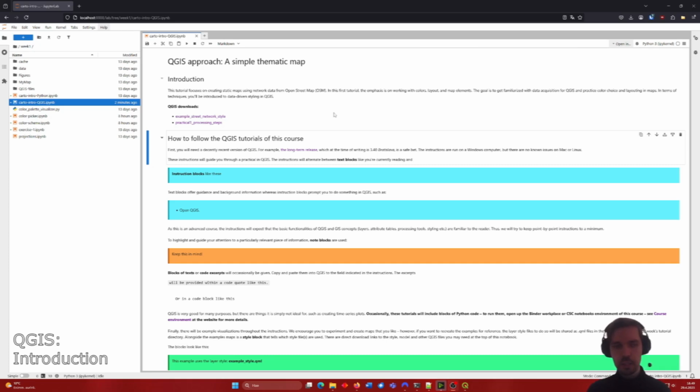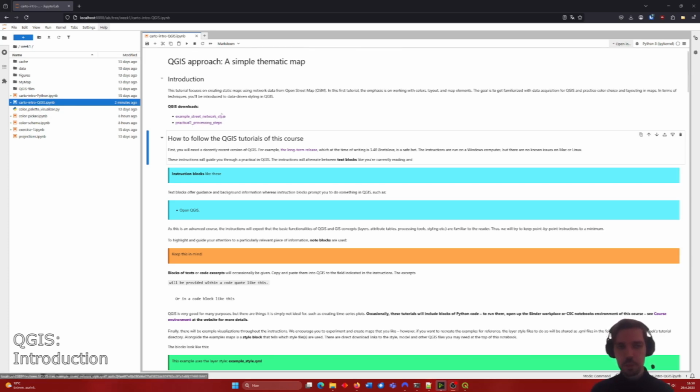And for each week, there will be a folder called QGIS files that will have a few auxiliary files that you will use during these tutorials. For example, every week we'll have a processing model that will run through the same steps that we'll soon walk through. So if you need to repeat tutorial steps, you can use the processing model. And there will be style files to replicate the visuals that you will see in these examples. You can acquire these QGIS files; there will be a download link on the web page, and there should also be download links within these